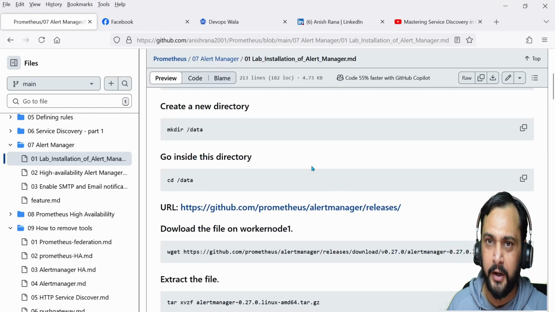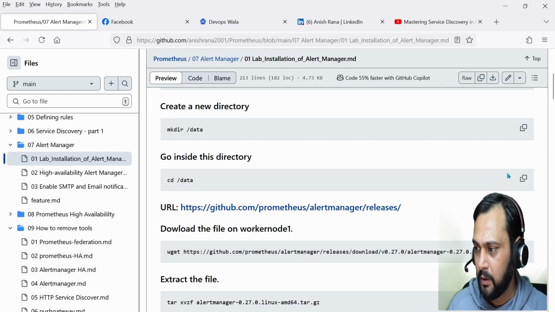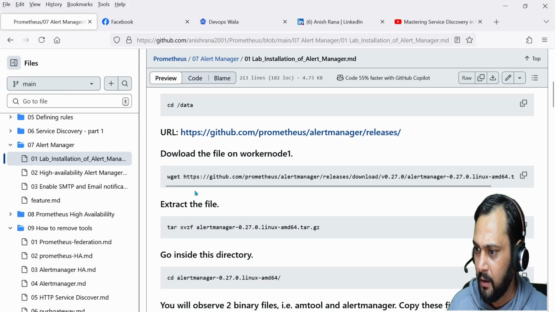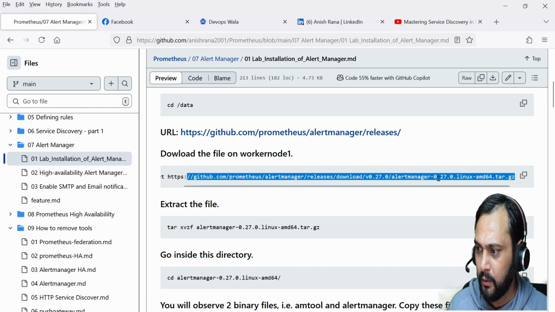mkdir /data. I have already installed the node port on that lab. I already created the /data directory. Now I need to install this package to install the